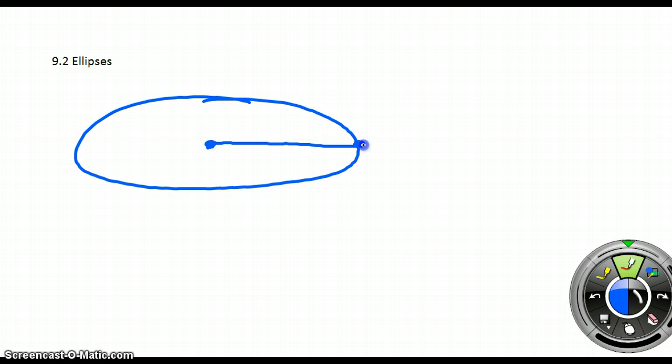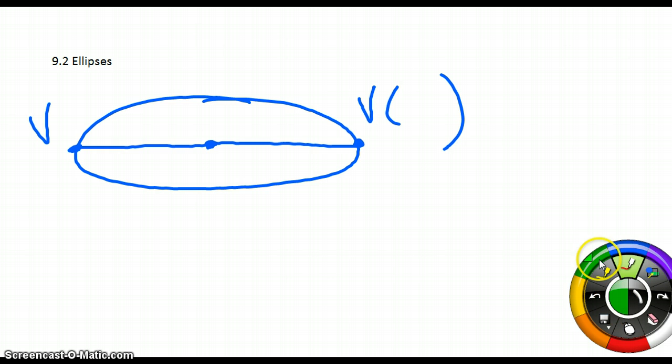another point, and this point here is called a vertex, and you'll have another vertice on the other side of the ellipse. And we'll have what is also referred to as a covertice, and we'll have two of those covertices. Okay, so when we have an ellipse, in mathematics we have different letters to stand for different things, but